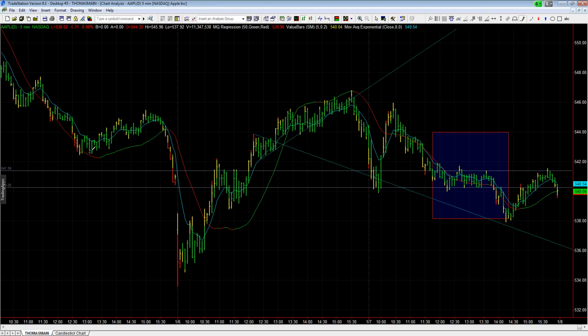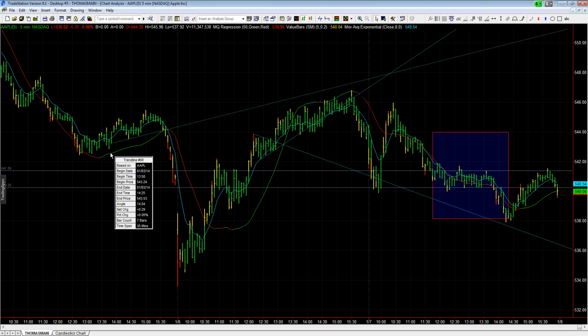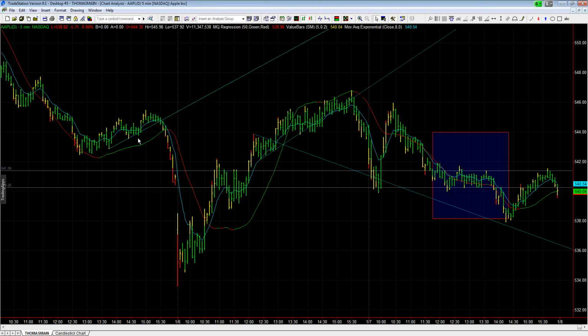You can see over here the other day you had a nice 5-minute trend line coming up across all these lows that it broke through right at the end of the day, sold off quite a bit, and then gapped down the following day. Now granted, you filled that gap the next day, but you're just day trading, so you would have been out by the end of the day anyway.